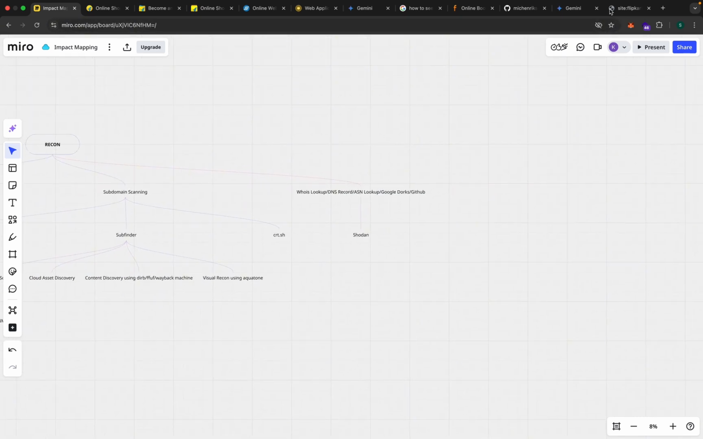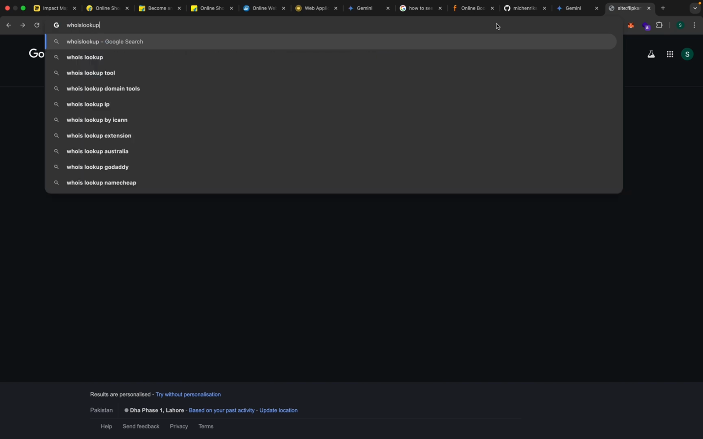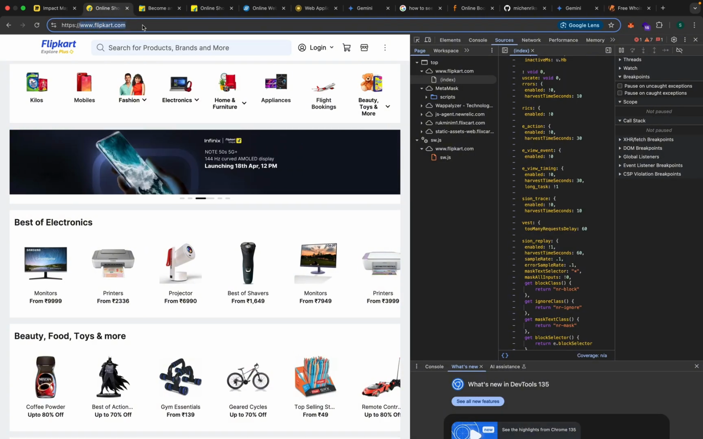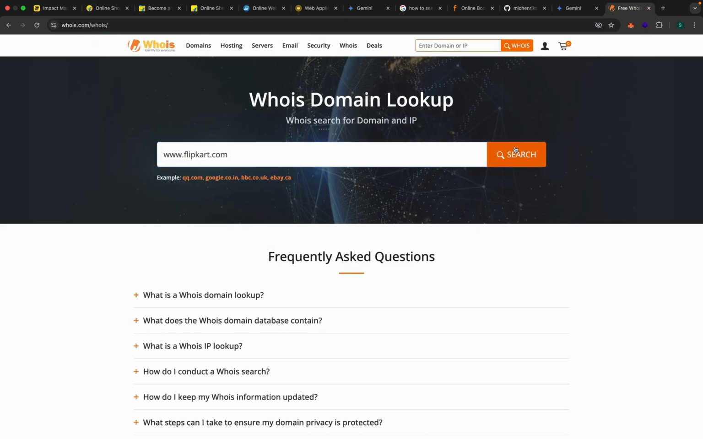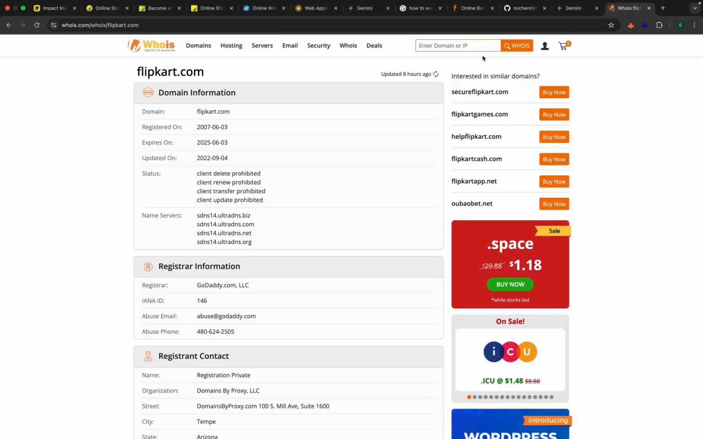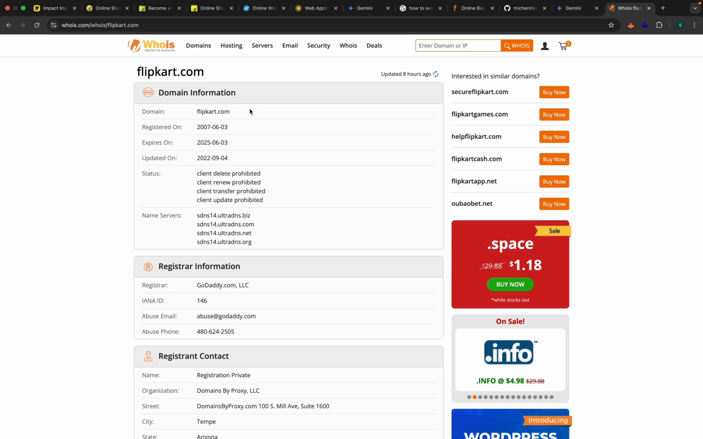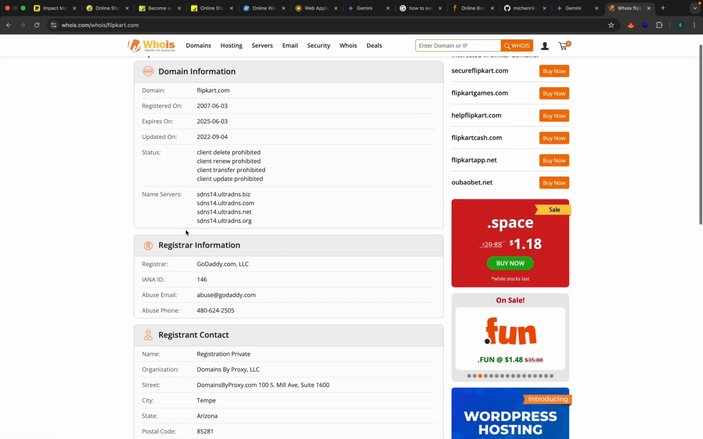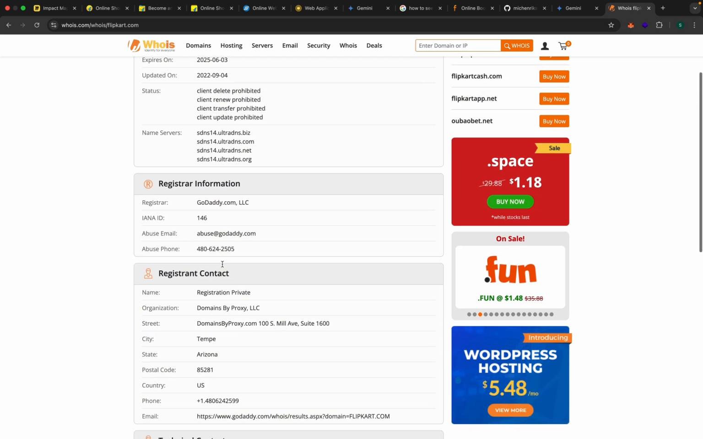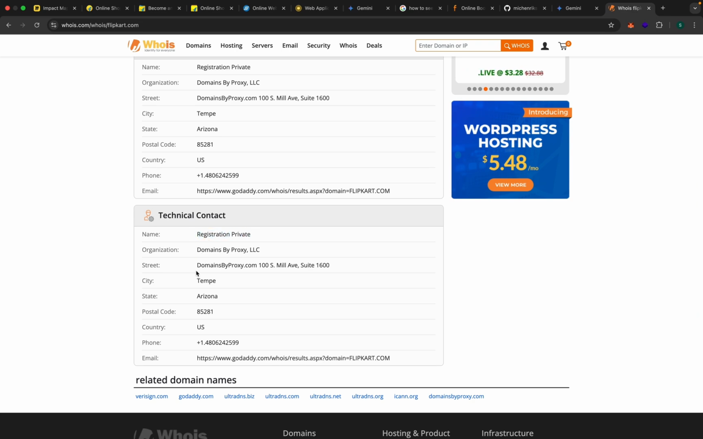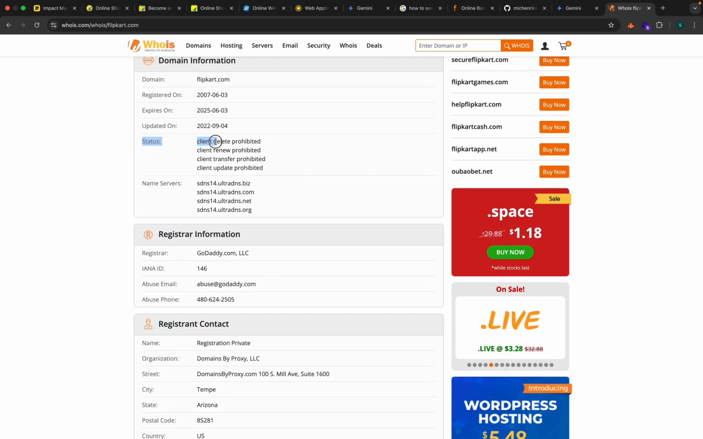So let's just do a whois lookup online. So we're going to be doing that. And let's just say we search this up. Okay, so we can see that this flipkart.com domain is registered, and this is a whois lookup, okay? It is registered by GoDaddy, and we can see that it is actually, wait a second, okay. The status is actually client delete prohibited, client renew prohibited, and the name servers are these. So these are the name servers,